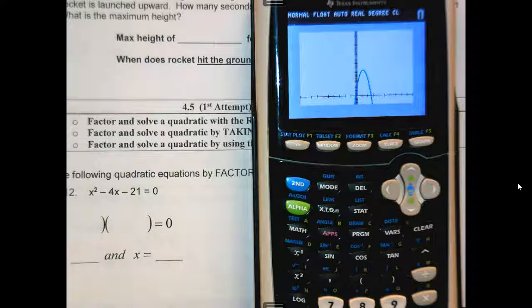Why don't you grab a different calculator? I'll mess with that one. Yep, some people are messing around with